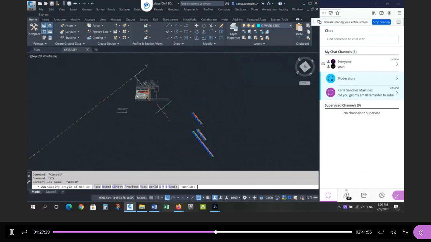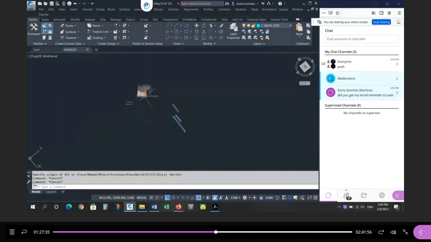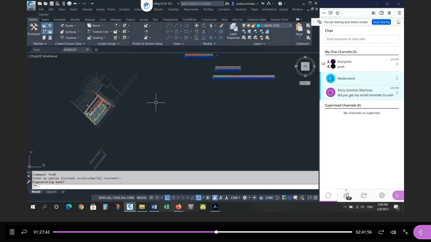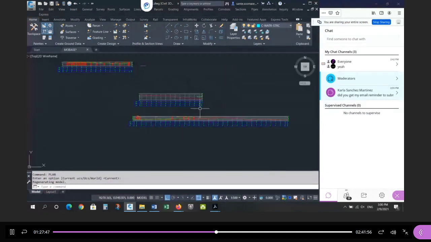So I'm going to type in UCS, make sure I'm in the world coordinates, and that's indicated by the icon here with a little square in the origin. So I know that's true north in this direction. And I want to rotate the space so that the profiles are now horizontal to the view. So I'm going to type in plan and hit enter twice. And that rotates the space,